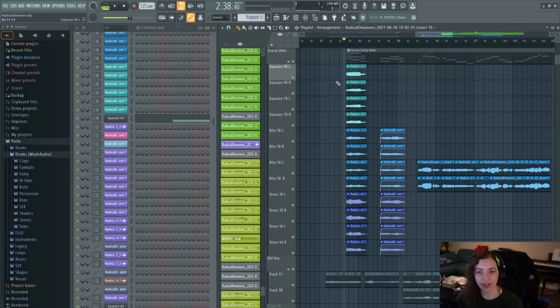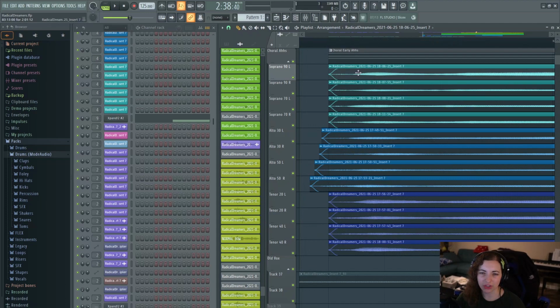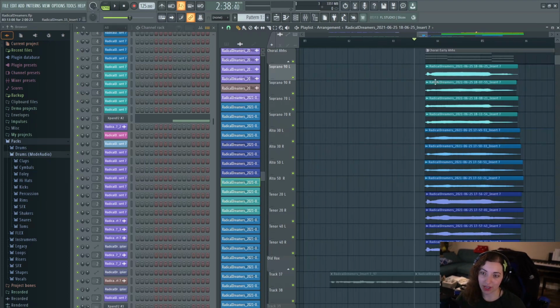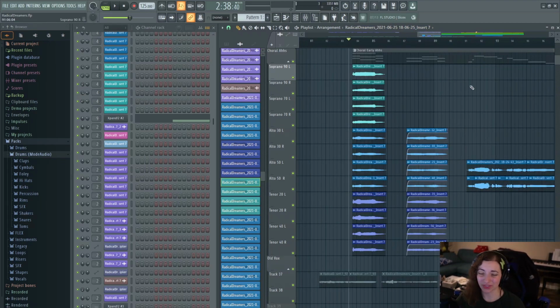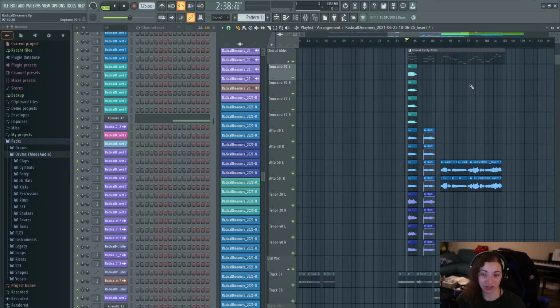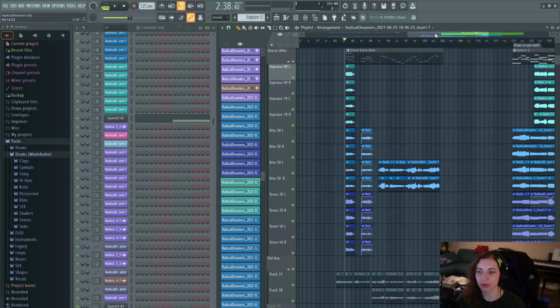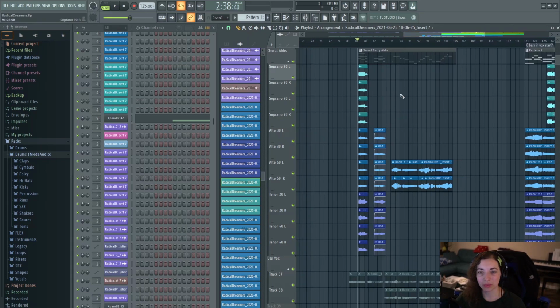And so usually if I have that, I just shift one of these a little bit so I can zoom way in and then move it a little bit here or a little bit there. And then I listen again to make sure that the phasing thing that I'm hearing is gone. There's a lot of that, especially when I have this many takes. For some of my covers, I've done as much as 8 takes per part. And that's where you can definitely get a lot of phasing issues. So nowadays, I think I stick to between 2 to 4 takes per part. Just something to keep in mind for those who are also wanting to do a lot of layers for their arrangements.